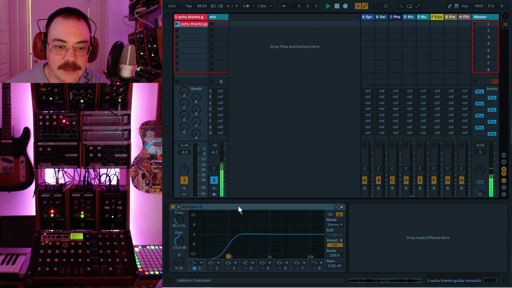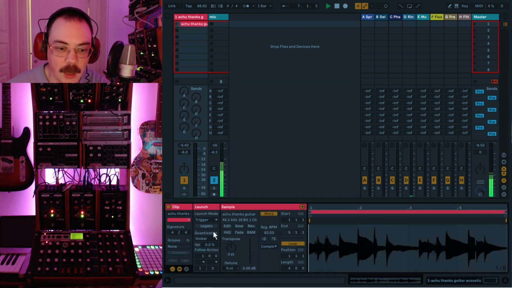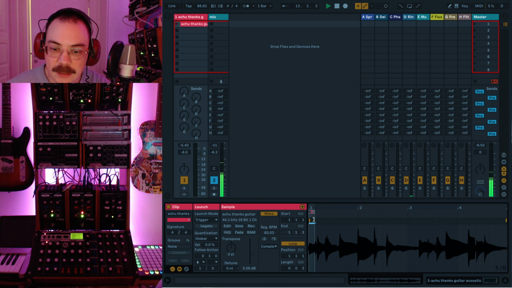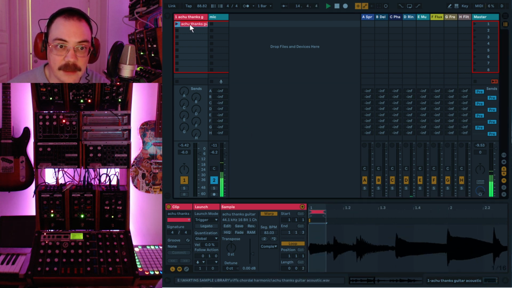The trick is this. You have a clip and you go into your launch modes. And there you select next. And then repeat rate. I quite like a fast repeat rate here. And the trick also here is to select just a bit of the audio and then take it there,